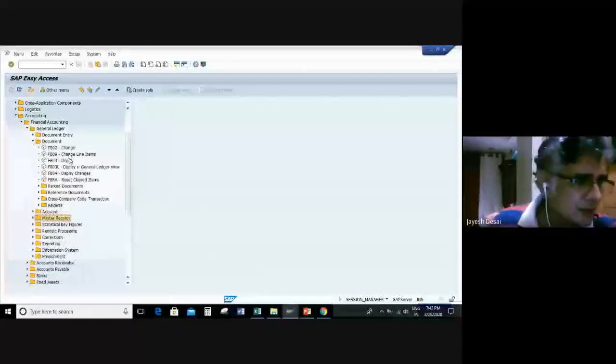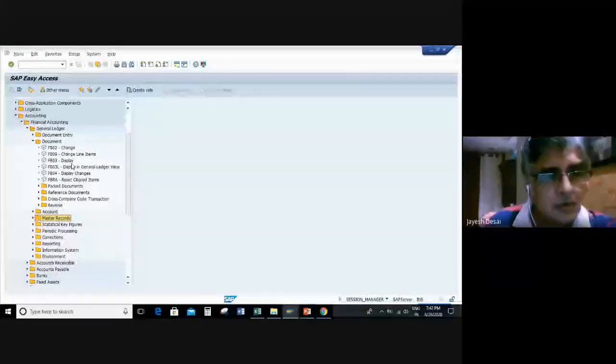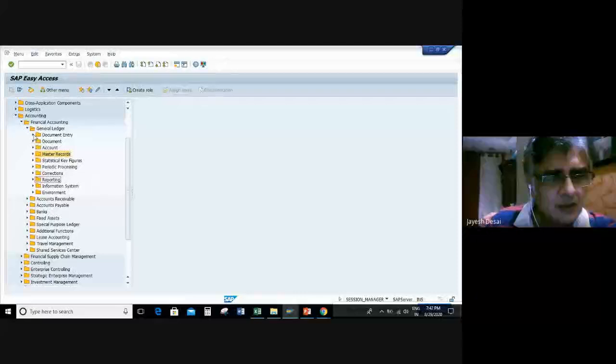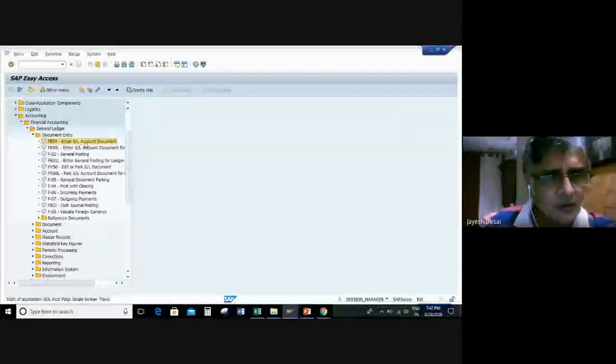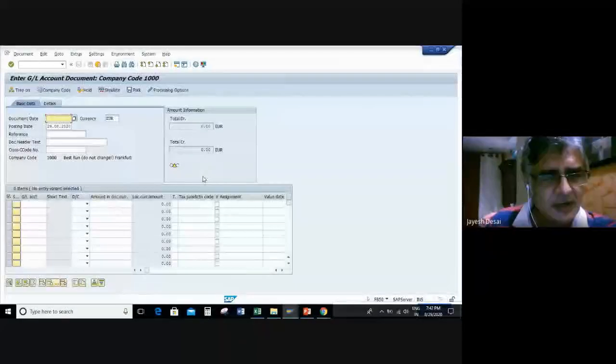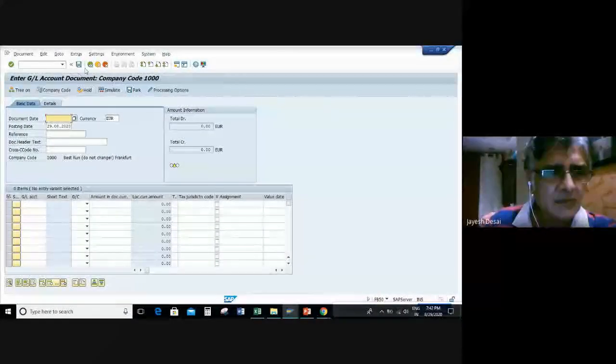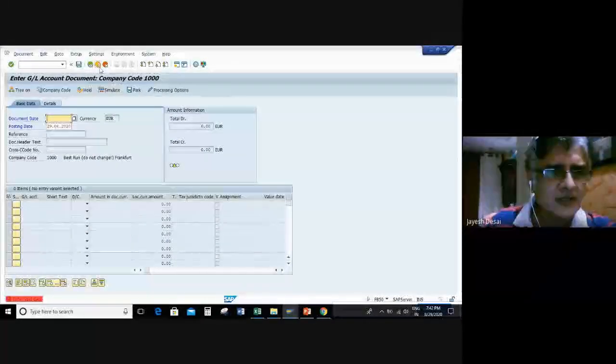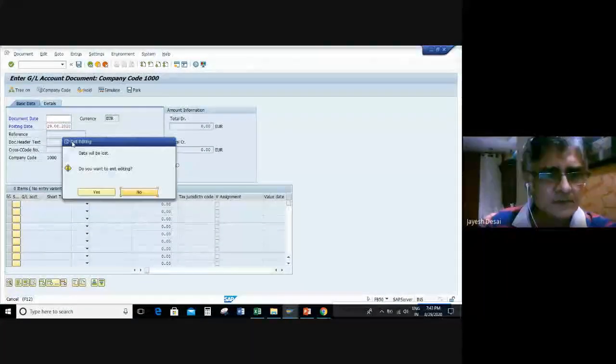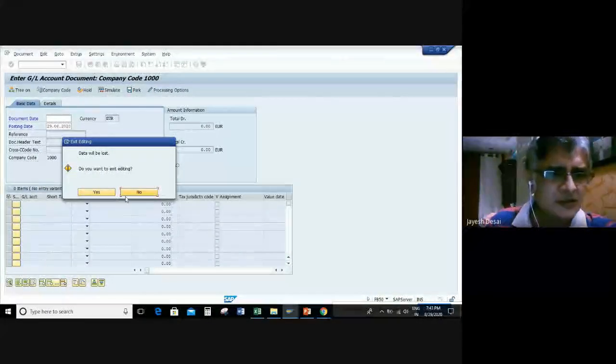And then you can display a document entry. When you click on it, it takes you into that screen. So you can post a document, invoice, or any adjustment entry. Not an invoice, because this is a GL transaction. So mostly you'll post an